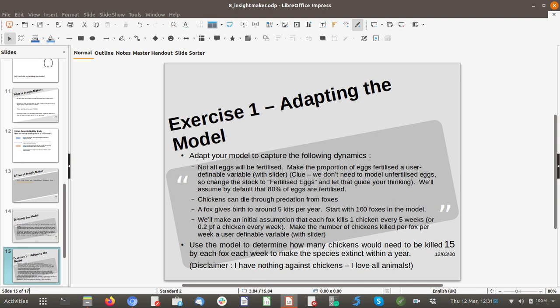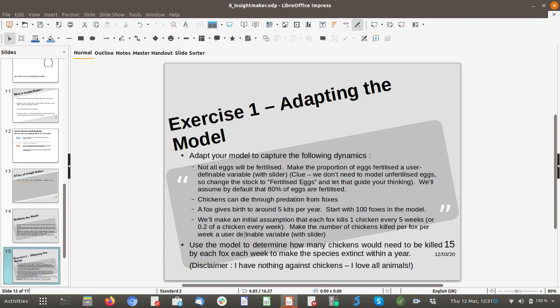So that 0.2 will be the default, but you make that a user-definable variable. And that killing rate, the number of chickens that are killed by foxes per week, is going to influence a flow out of chickens, because chickens are now also going to flow out into nothingness